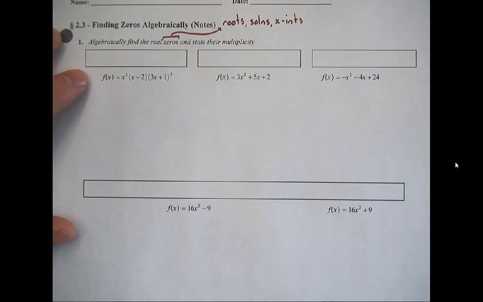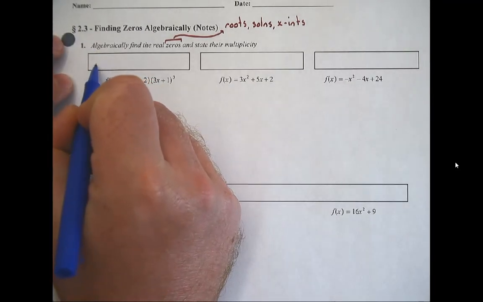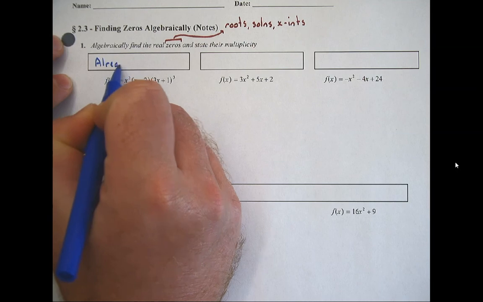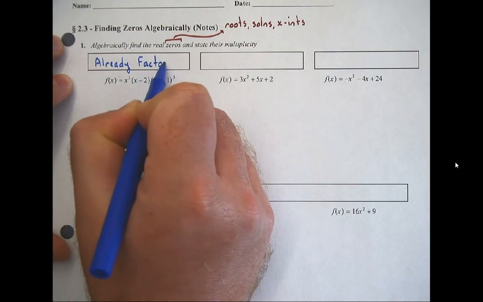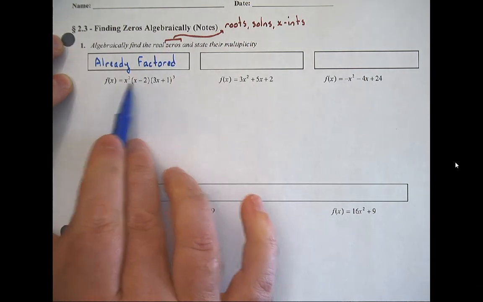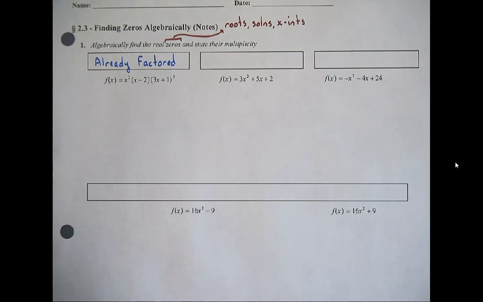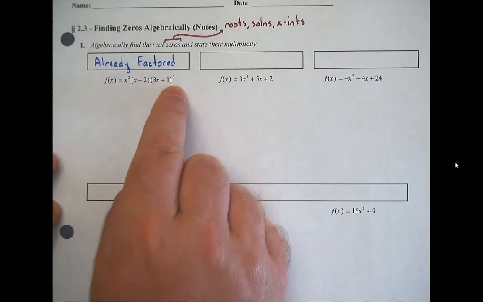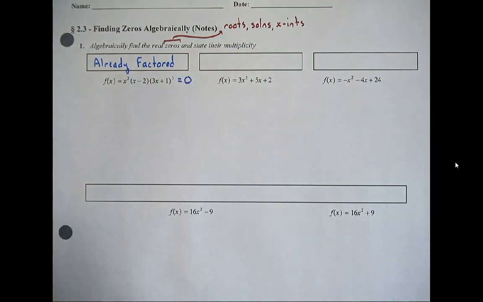So my first style is when everything is already factored. Everything is already connected by multiplies. They're in their own groups. If I want to figure out where this function equals 0, we do this move called ZPP,